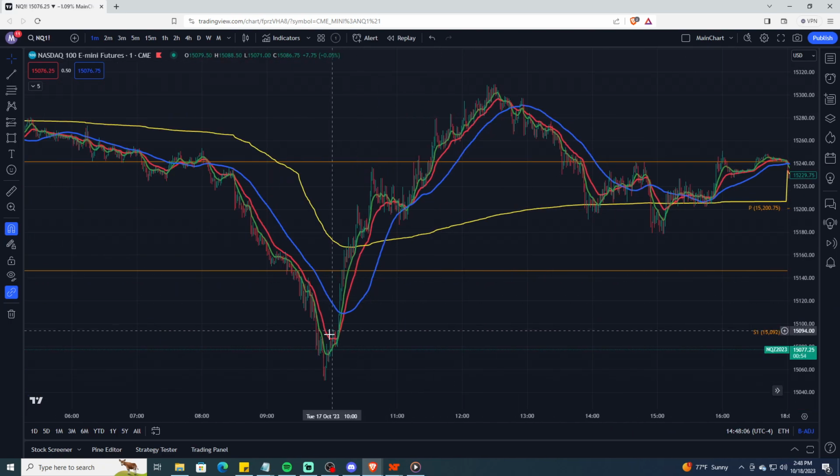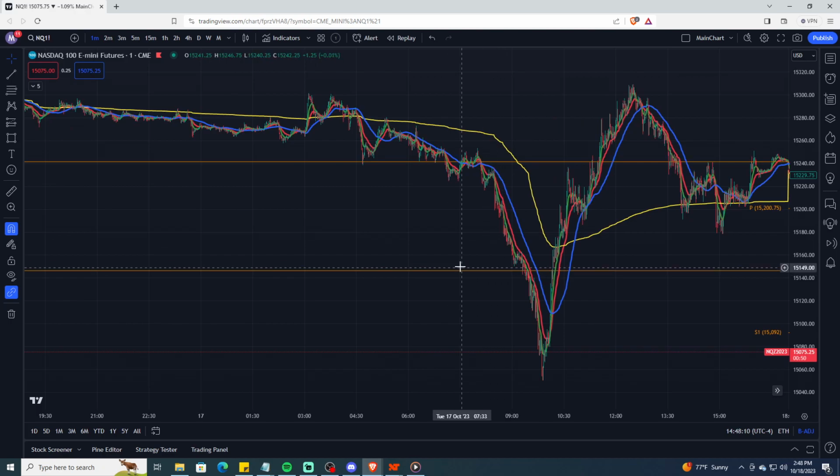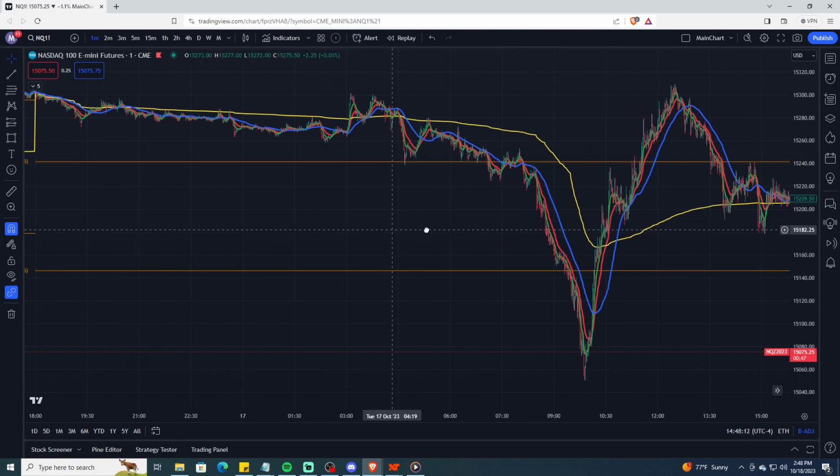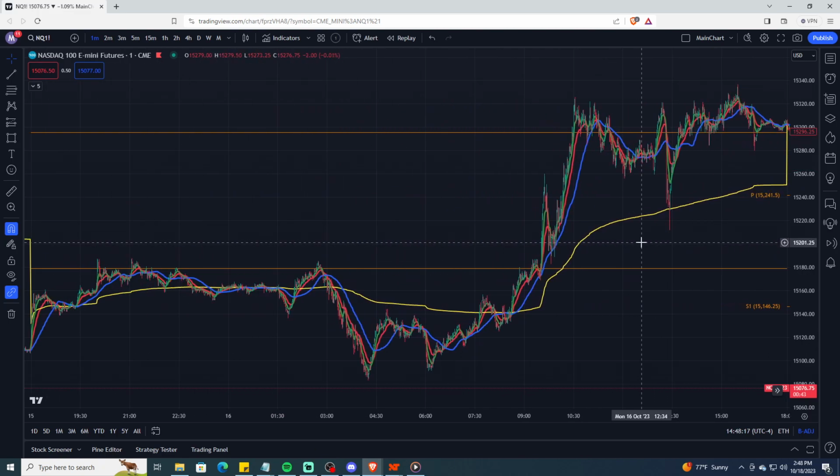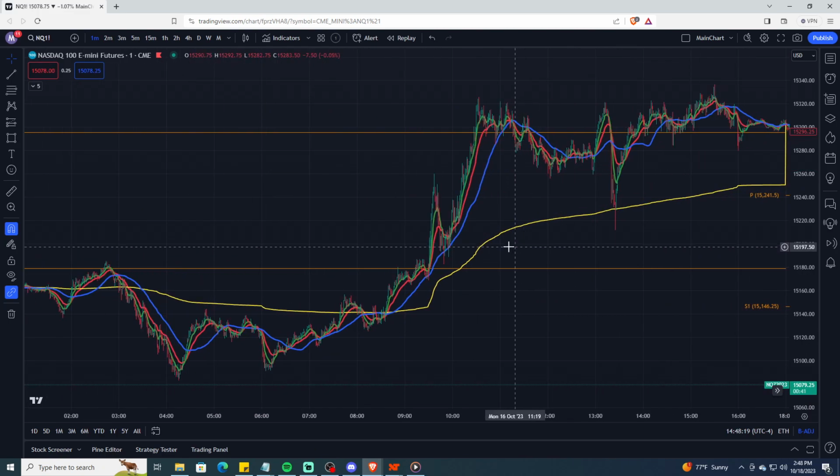So once you get a big move like this, this V-shaped recovery, just keep in mind to stop trading. Don't trade all day long, because it's not going to work out 24/7, 100% of the time, right? So here is Monday,